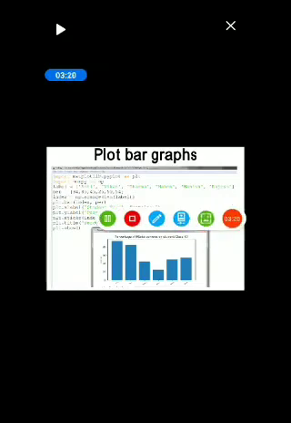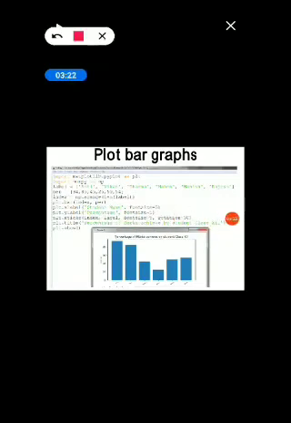I'm writing the title of the bar graph as percentage of marks achieved by students of class 12, and I'm writing the show function to show the graph.